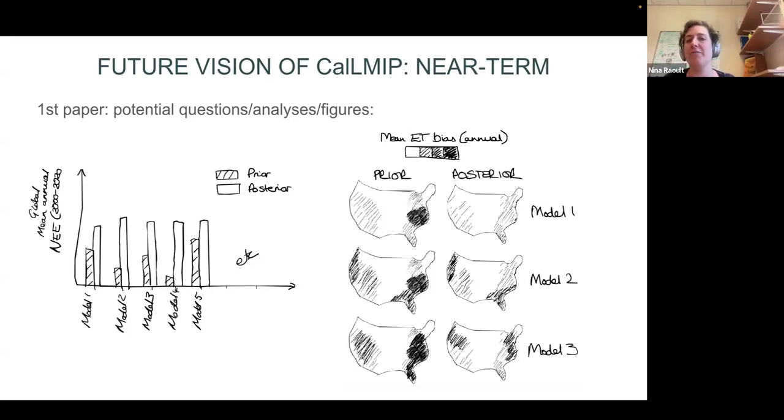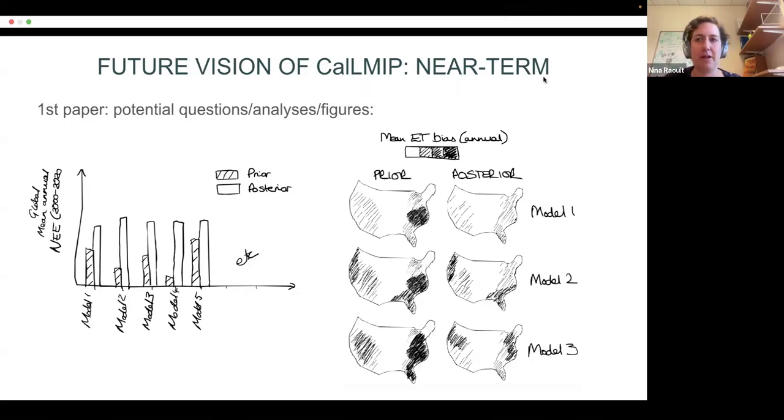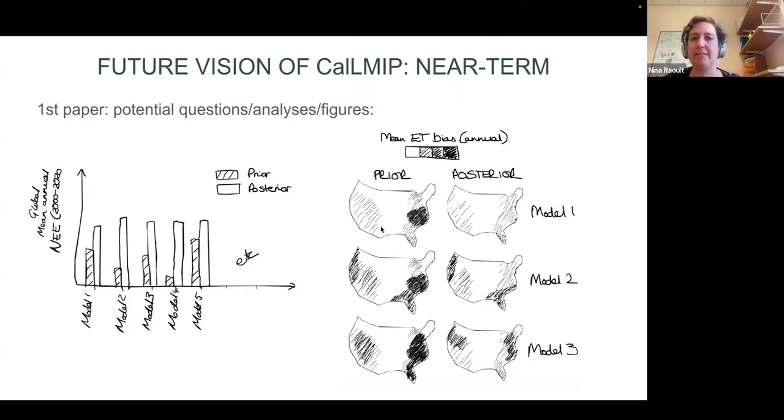So these are some questions, but you might have other visions of what we can do with these kind of calibration and global runs afterwards. And I think it will be useful to talk about these a little bit because it's going to help us decide, for example, do we want to be looking at posterior parameters and uncertainties, or are we more interested just in the output uncertainty? Do we want ensemble runs? All of these kind of questions, but I think it will help if we actually phrase it more in what kind of scientific questions are we going to answer. So this is what we're going to do. We're going to have quite a short breakout session. And we're going to be talking about this